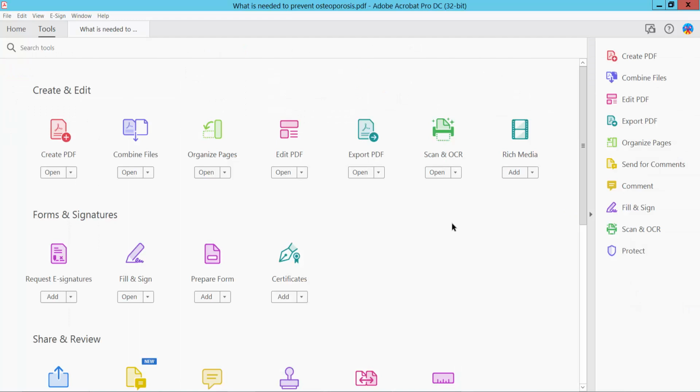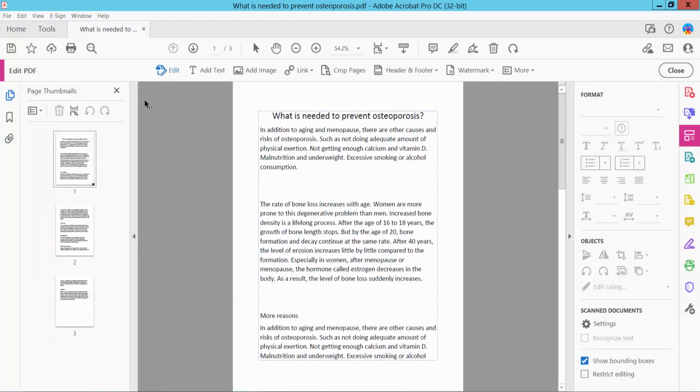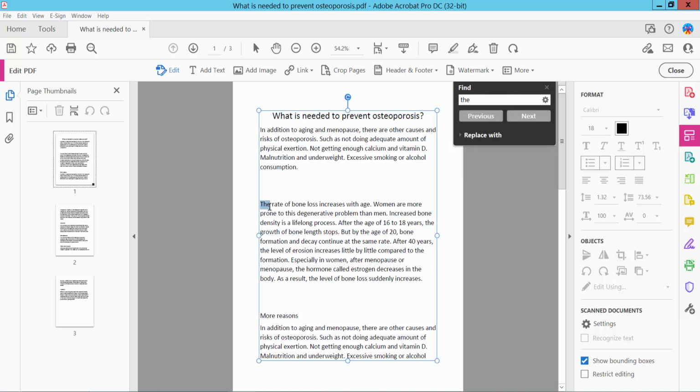And click this Tools option, click the Edit option, and search your word. And search the, this is